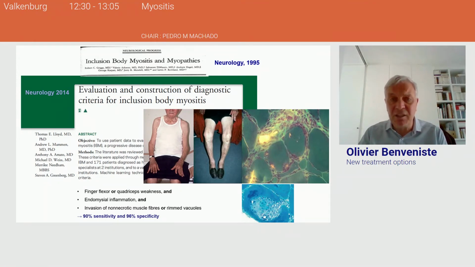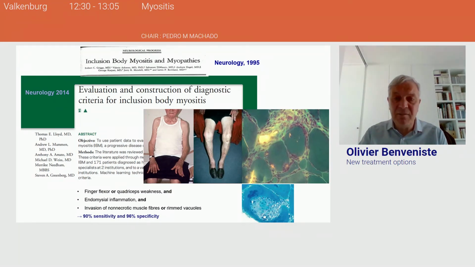So the criteria are not so difficult to recognize and to test on the patients. First of all, the patients are older, and it is more frequently men. On average, the disease starts in the 6th decade of life, and the steady state is around 70 years old. So if in front of a patient with an inflammatory myopathy you have finger flexor or quadriceps weakness, as you can see here, with atrophy, and the finger flexors are very weak most of the time,